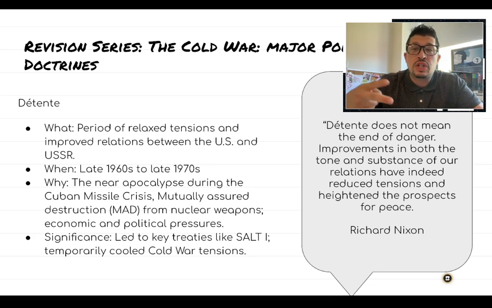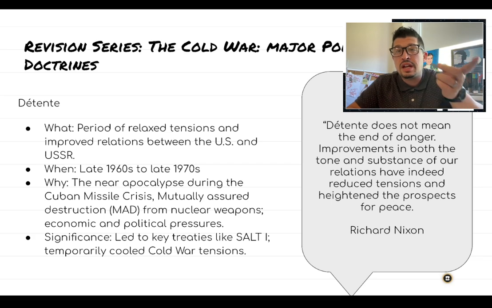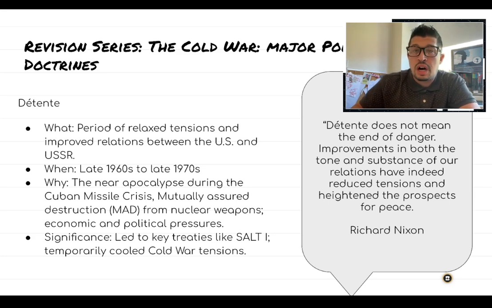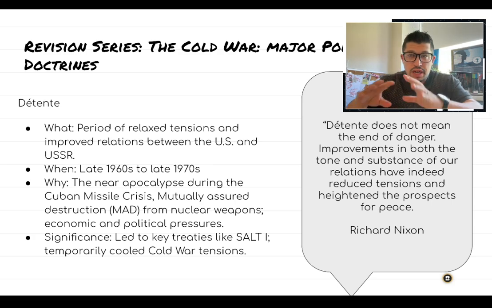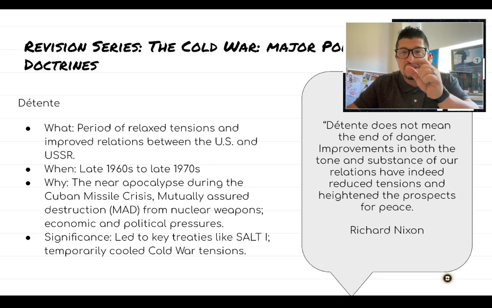The two main treaties to talk about during détente are SALT I and SALT II. SALT I, L is the most important letter, that limitation. SALT II, look to build on that limitation. It's not until the invasion of Afghanistan and the Iranian Revolution that SALT II kind of falls apart in front of the U.S. Congress, and they never sign it. So again, if you need a little review there, there's a teeny tiny review on SALT I and SALT II.